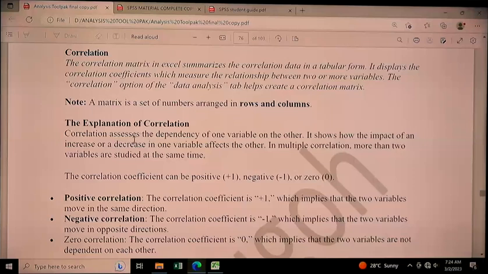So the explanation of correlation is that correlation assesses the dependency of one variable on the other. It shows how the impact of an increase or decrease in one variable affects the other. So in multiple correlation, more than two variables are studied at the same time, and it's able to give the relationship between the variables. If you get a positive correlation, then it implies that there is a positive relationship between